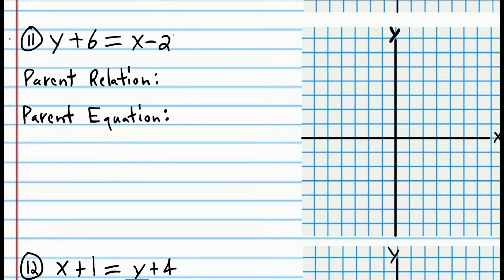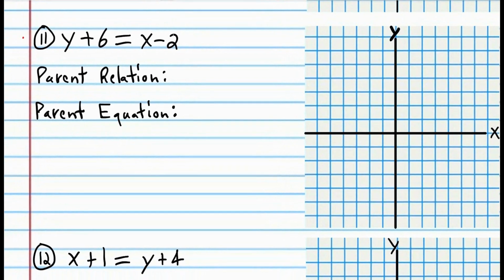Okay, so now we're going to learn the last parent relation that we're going to learn today, and that's the linear. Notice that there's no complex operations going on here. There's no square roots, there's no cubes, there's no squares, there's no absolute value symbols. There's nothing except just y's and x's and normal numbers. That means that this is the basic linear